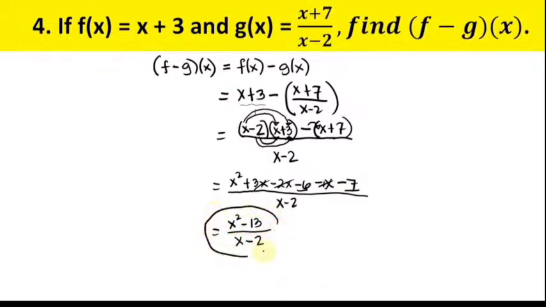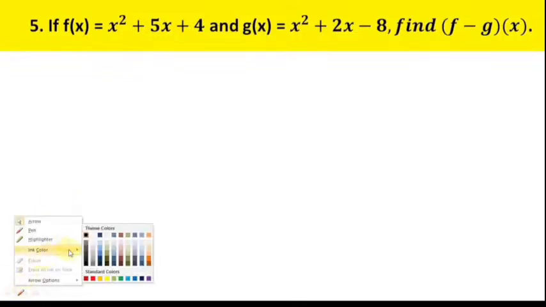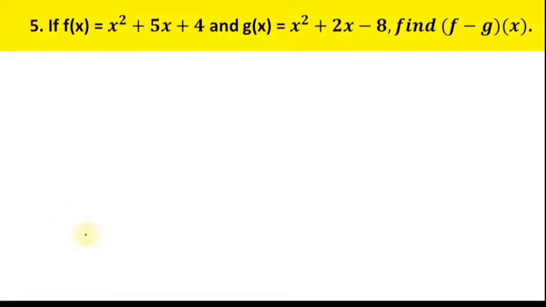So this is our final answer, x squared minus 13 over x minus 2. Next we have number 5, last. So we have number 5, if f of x equals x squared plus 5x plus 4 and g of x equals x squared